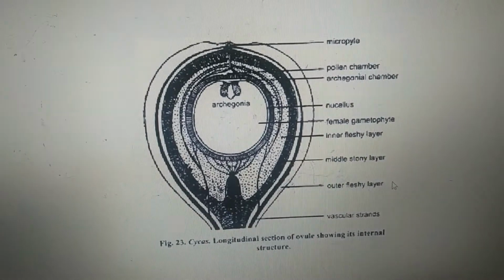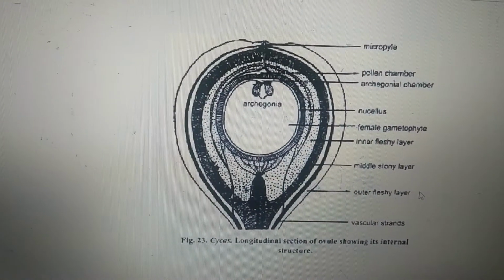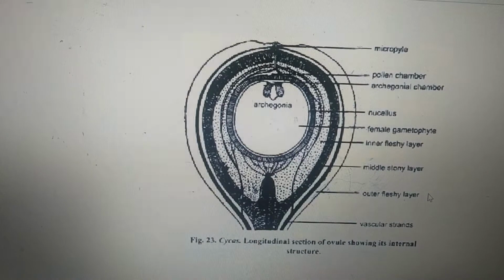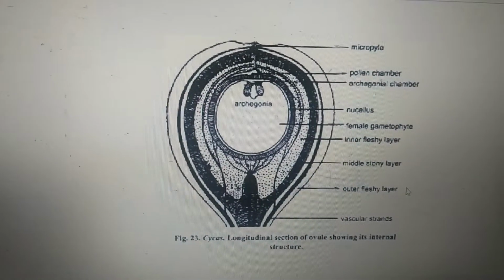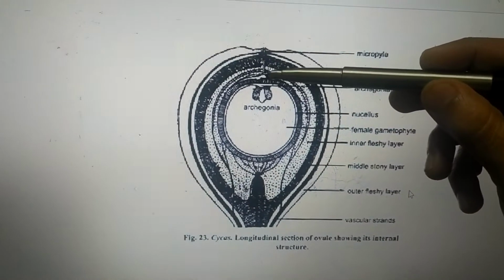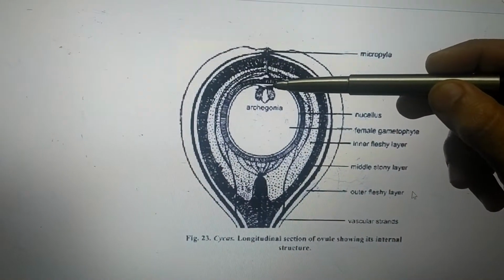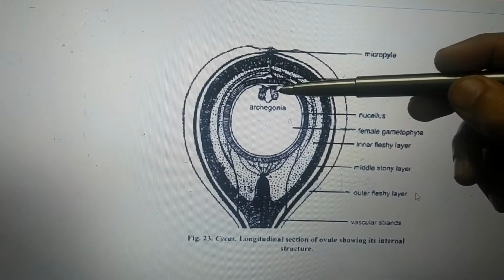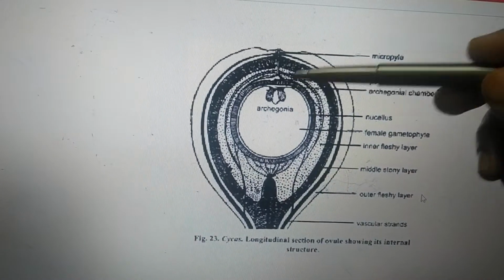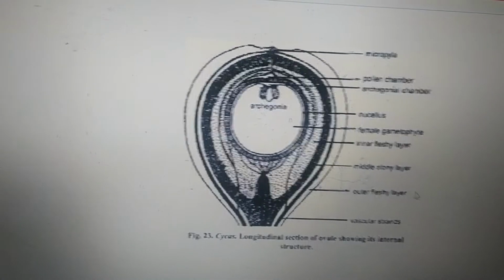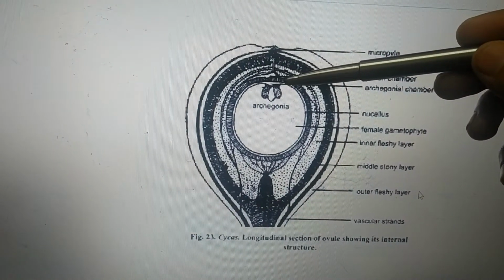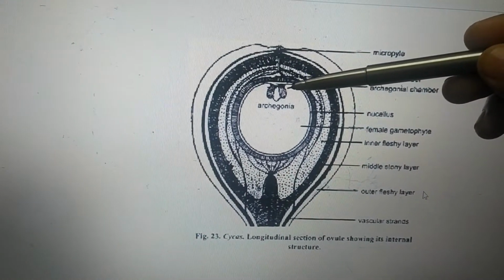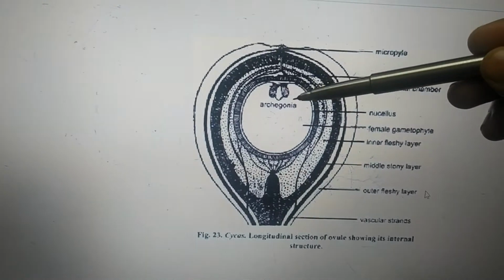Here in this part we'll be discussing fertilization in the case of zygotes. As we all know, formation of the male gamete has taken place. At the time of fertilization, the cells present in the pollen chamber and the cells present in the archegonial chamber, also a ventral canal nucleus present in the archegonia, all are going to disintegrate. As a result of this, now the pollen tube is going to lie close to this archegonia.